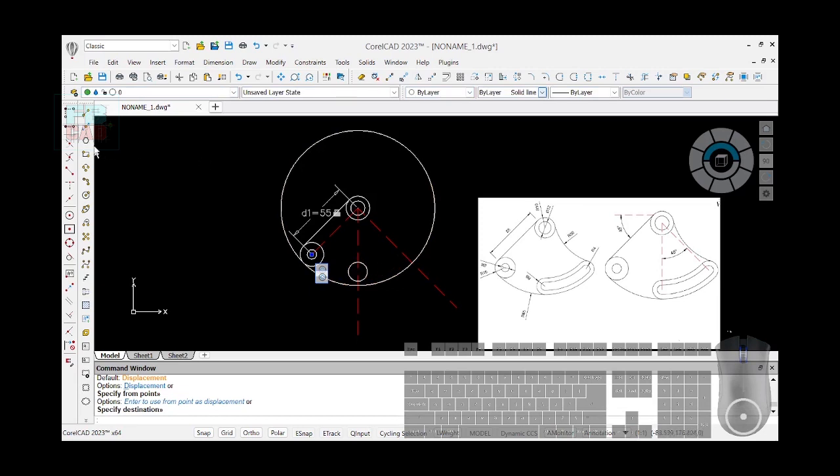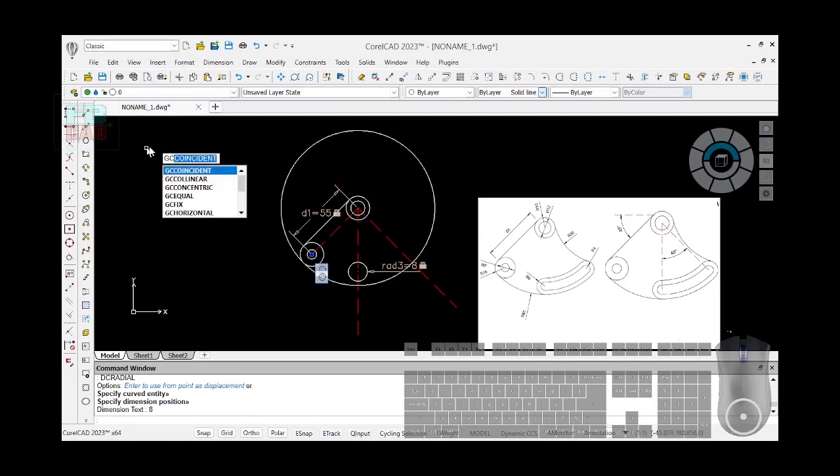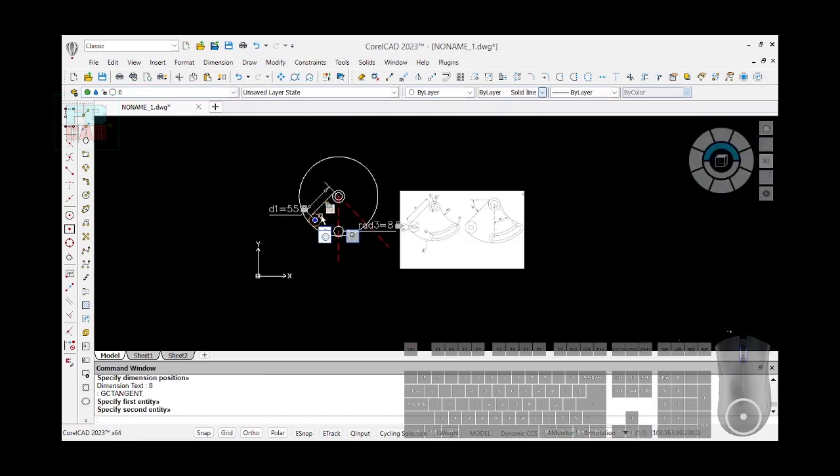Okay. Then dimensional constraint radial. Make sure it's fixed. I don't want any adjustment error. So geometric constraint tangent, I want this, sorry, and this to be tangent. Okay, because the other one is fixed, so it's going to move. Now geometric constraint coincident,